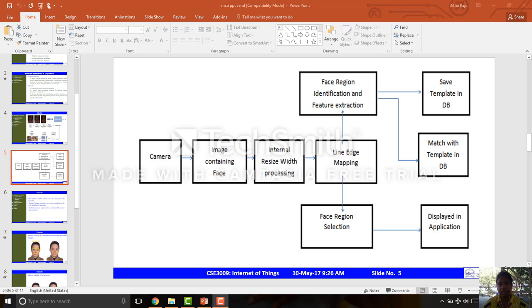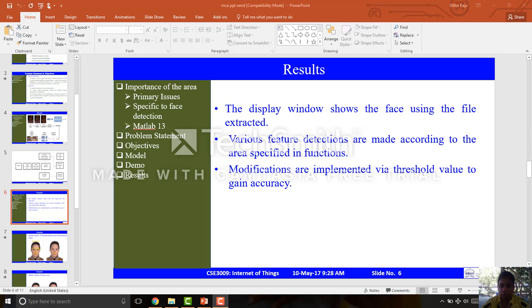All of this is created and performed in an application where the entire process is visualized, or you can see it there. Moving on to the result part, the display window is a place where you can visualize what's happening and how authentication is performed. It shows the face using the file extraction. The files extracted and the files in the database are displayed using this display